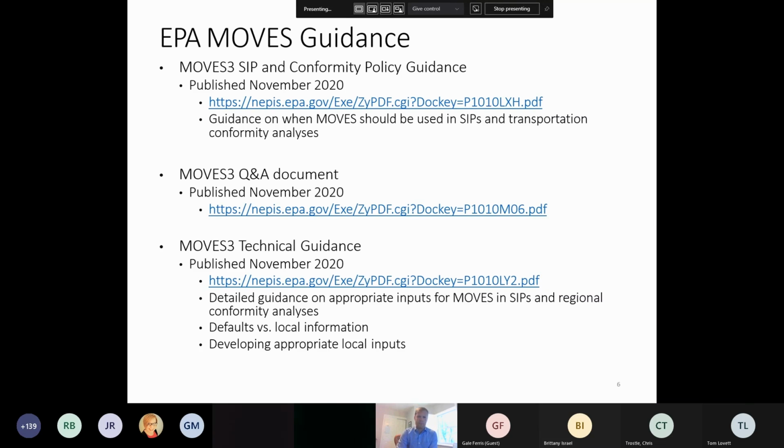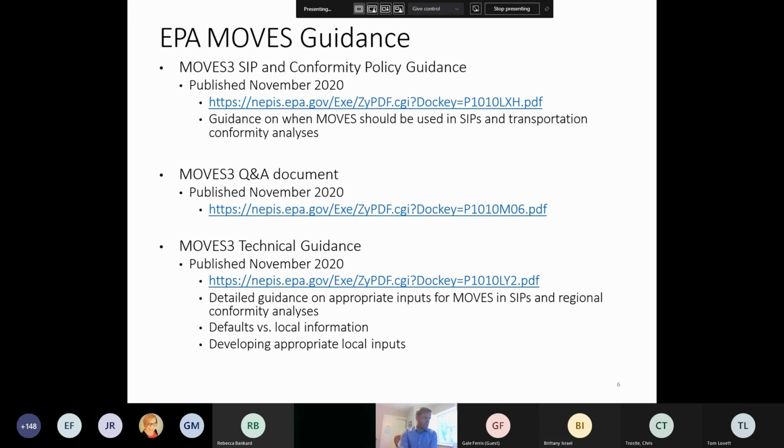For certain inputs, it might be okay to use the MOVES default information, but other inputs are going to be very important to get local information. One of those is vehicle miles traveled, which is going to have a first order effect on emissions. You double VMT, you're going to double emissions. So that is one of those that you need to come up with good local data, even though MOVES has some default best guess about what your county